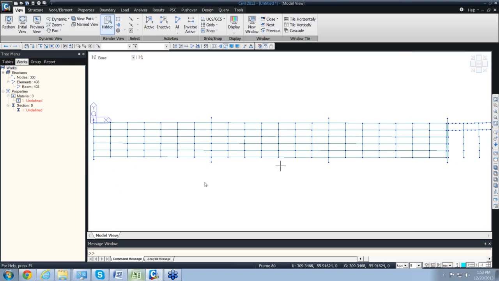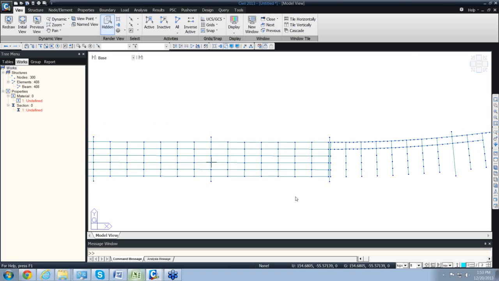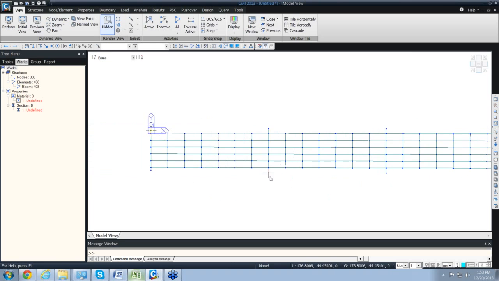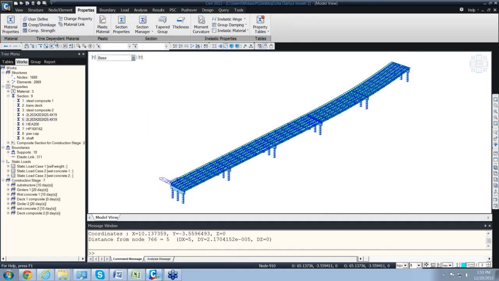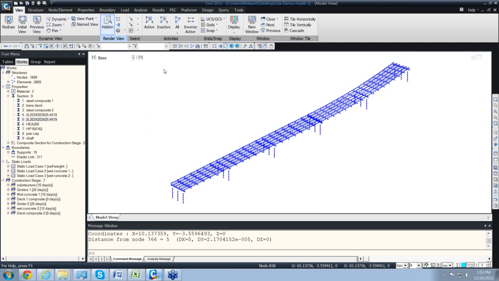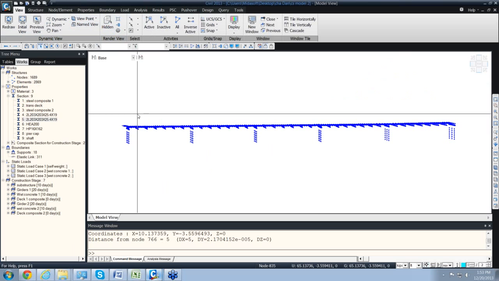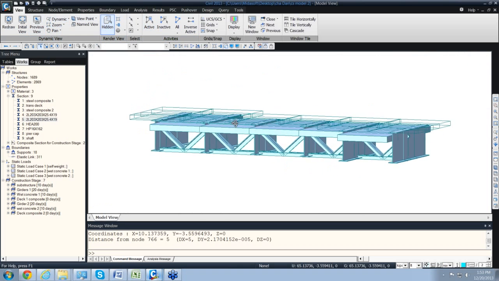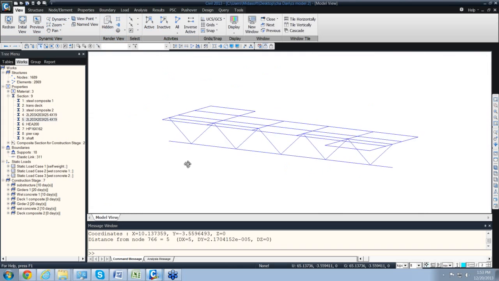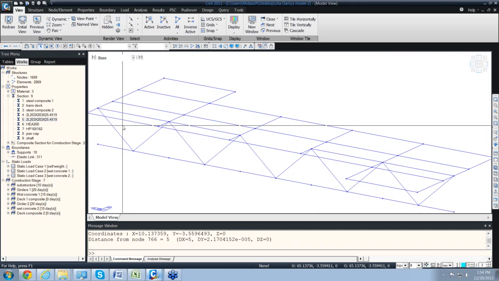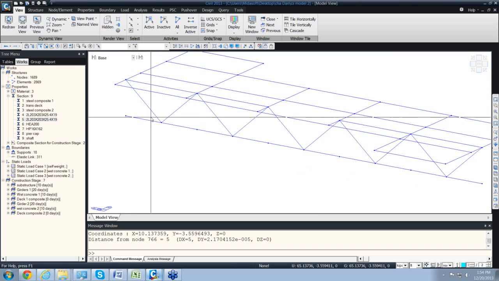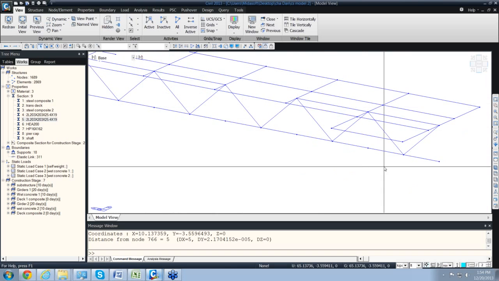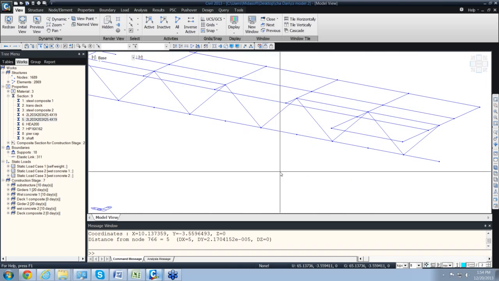Okay, now let's talk about how to create the cross frames. Now once you have created all these girders, you can start creating the cross frames. To create the cross frames, first of all, let me show you the final model. Let me just zoom in here. So I go to active, and okay, so this is how the cross frames are modeled as of now. The cross sections, once again, are not proper, but you see here that to create the cross frames, I need more nodes at this location, right? Now to have more nodes, what I'll do is,